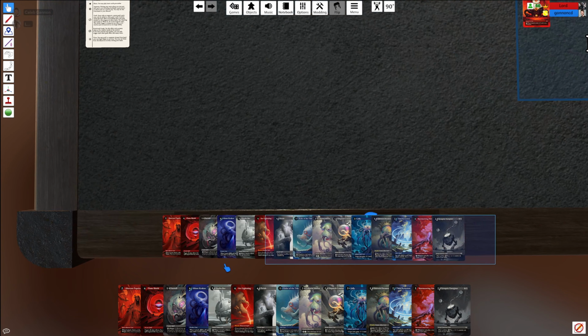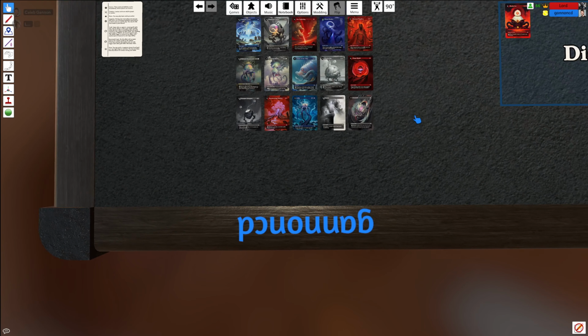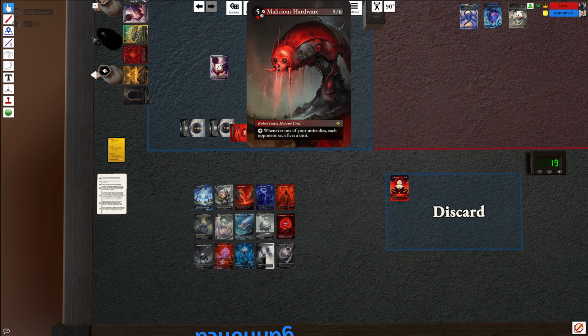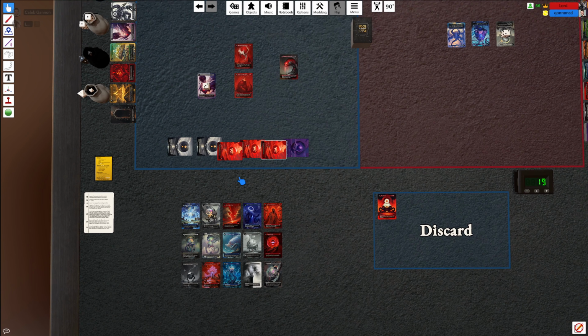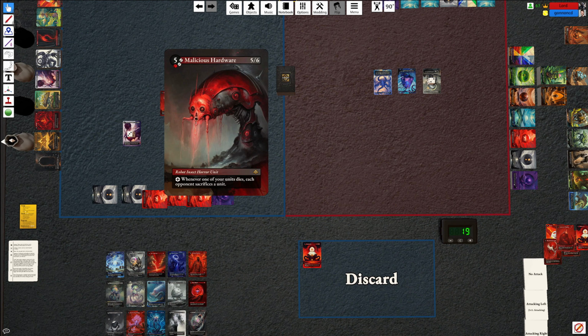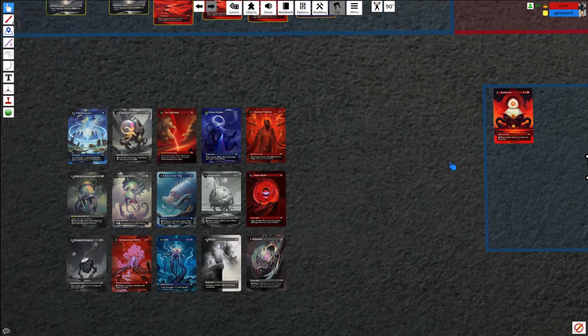Okay, new pack. So that interaction went okay for us. We lost a bunch of units, but we deployed malicious hardware, which is insane. He has a bunch of singular big units, and we have a bunch of smaller units that can make him sacrifice stuff. And malicious hardware also triggers off of itself. So the play here is to